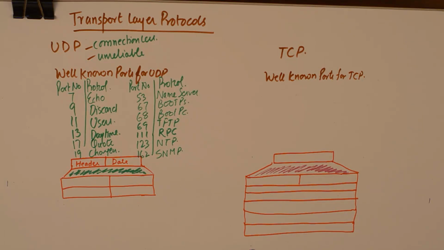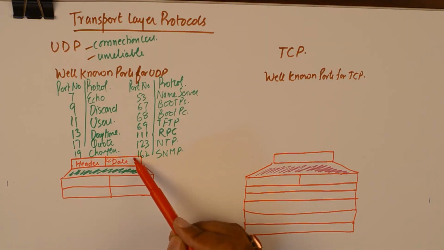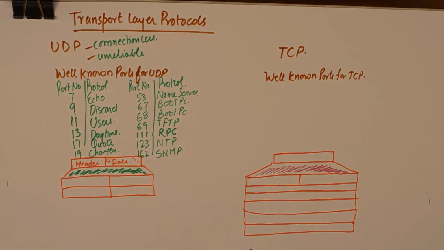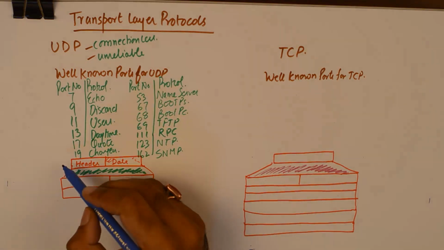Now talking about the user datagram format, the frame format for UDP, we know that any datagram will have some data that needs to be sent. So this is what we need to send, but we need to attach some additional information to that data for communication purposes. So that portion is known as header, the additional data, and the header of UDP is 8 bytes long